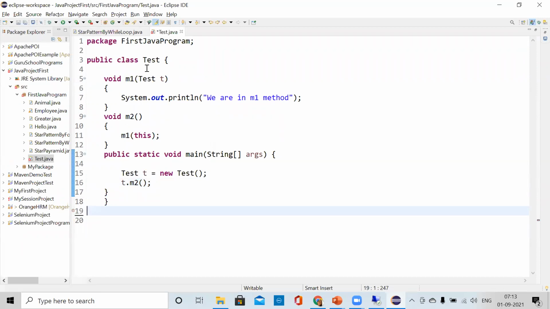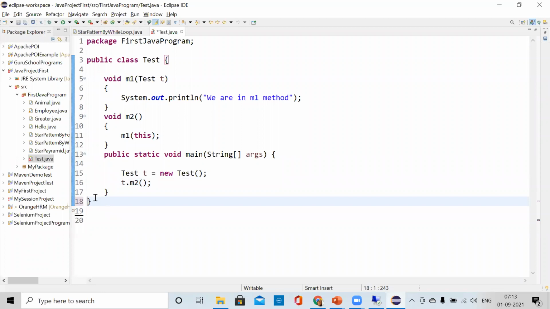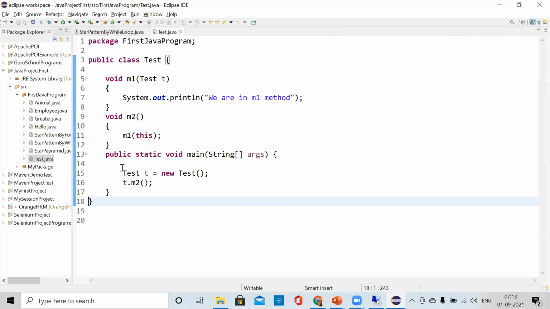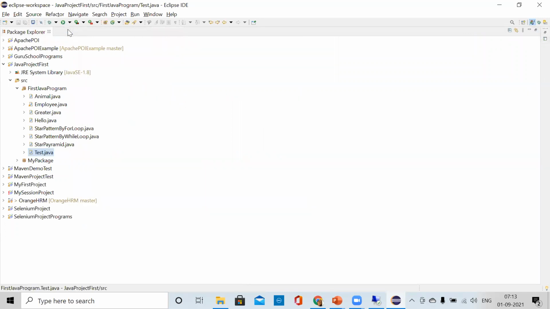We are in M1 method. Correct. We are in M1 method. Okay.